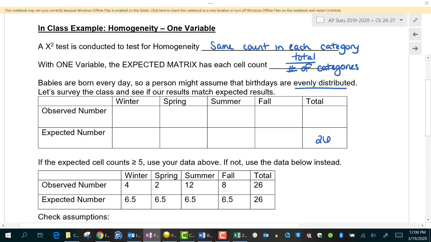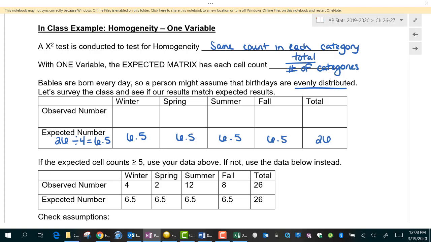So if I wanted to find the expected number, I would take my total number of students, 26, and divide by 4, because there's 4 seasons: winter, spring, summer, and fall. So I would expect 6.5 students to be born in each season. Now, you might be thinking that that's not possible. I can't have half a student born in a season, and I completely agree. But with our expected number, we want to just leave it as a decimal, even if it does not make